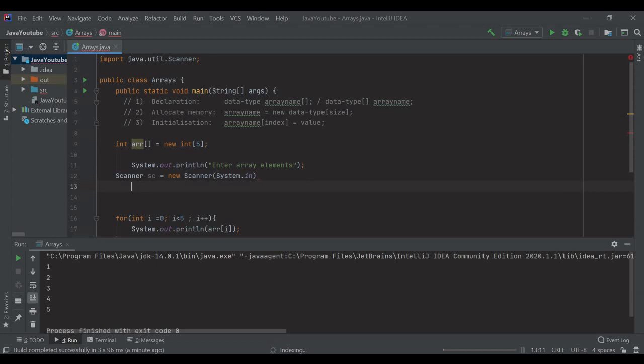So the next step over here is to add a for loop, with i equal to 0. Now let's accept say 1.